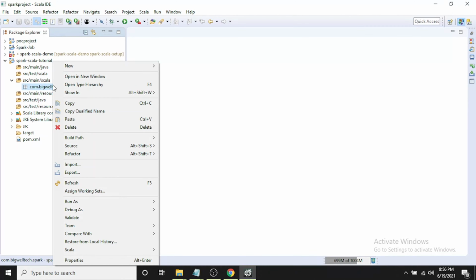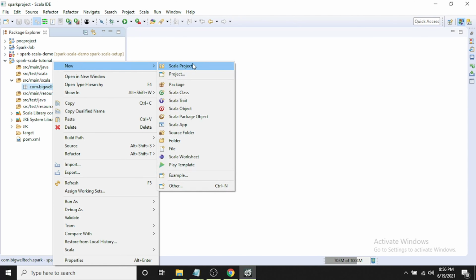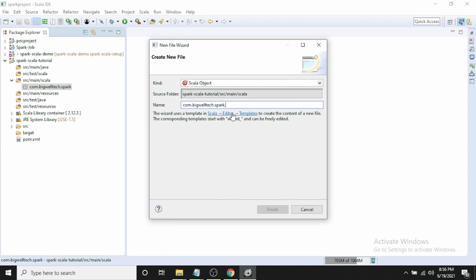Within the package we need to create a Scala object. For that I'm creating an object named main, as a Scala object, and finish. It's creating. Just wait.